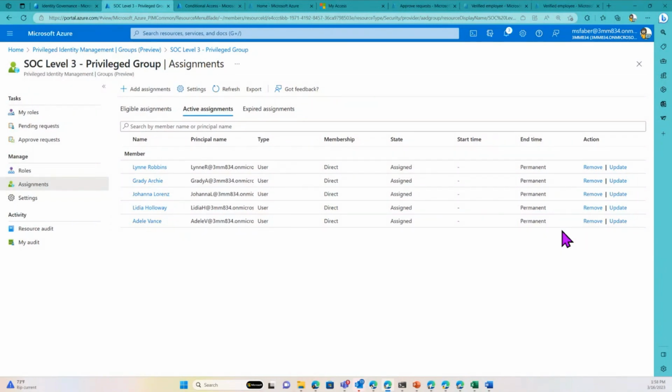But to me, PIM is one of those things that if you're going to start with anything in IGA, start with PIM. Because it's one of the ones that is going to give you the most bang for your buck, and it's really going to be able to have you show some real improvement in the security of your customer. And I think that was all I had for IGA, which